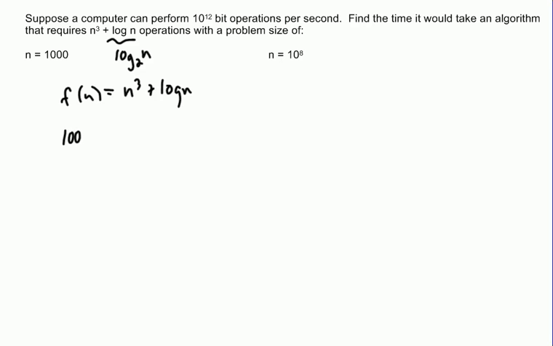So if we take 1,000 cubed and add that to log base 2 of 1,000, that's going to give us a number of bit operations. So we can get our calculator out and compute a value for that. Now if we cube 1,000, which is 10 to the third, we really get 10 to the 9th. And if you take log base 2 of 1,000 on your calculator, you're going to get roughly 10. Now, in the grand scheme of things, 10 to the 9th plus 10 is basically 10 to the 9th. But if we wanted to be complete, we could say 10 to the 9th,